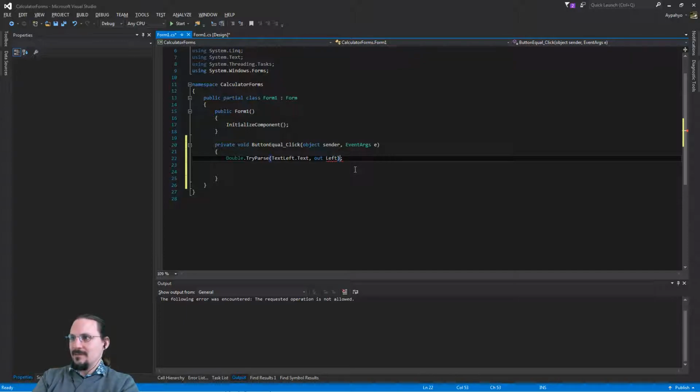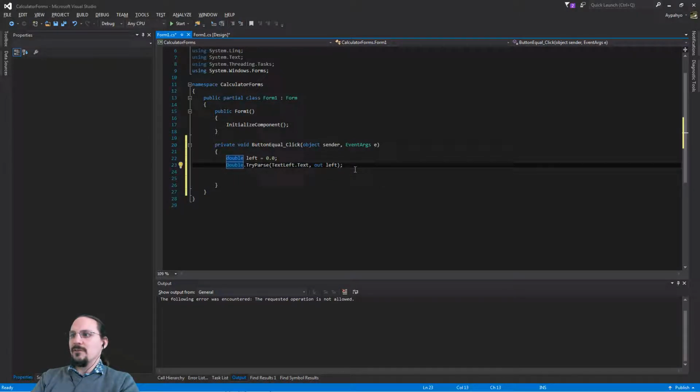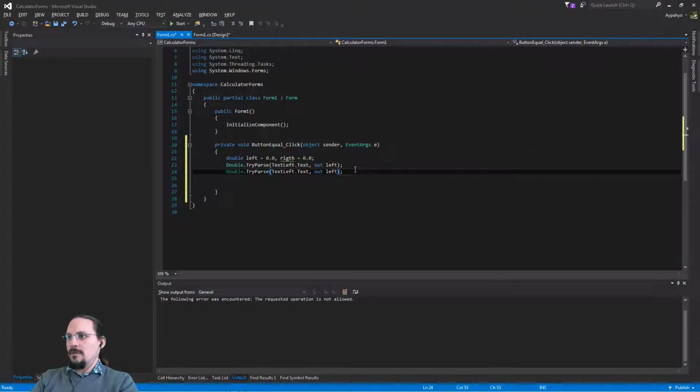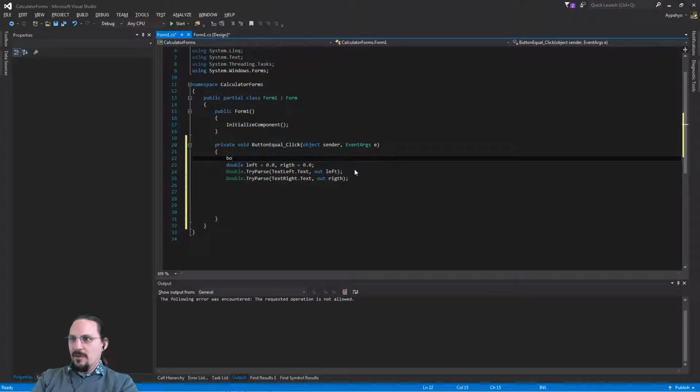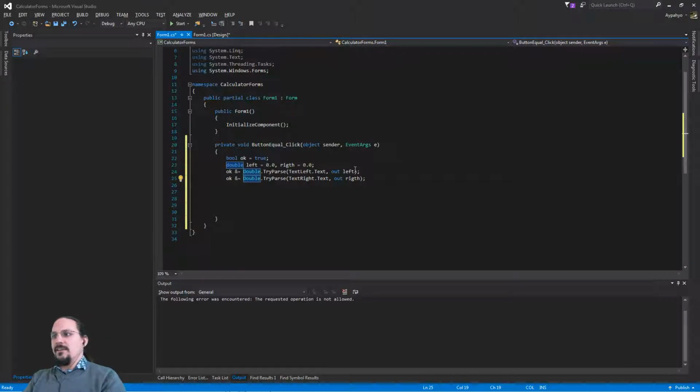left. Okay, so double left equals 0.0 and out left. So we guarantee to have a left. Going to do the same for right. Text left, text right. Okay, now we have left and right, and we have an information whether parsing was okay. We assume that it's okay, and we dump all the okays in there. Okay, so